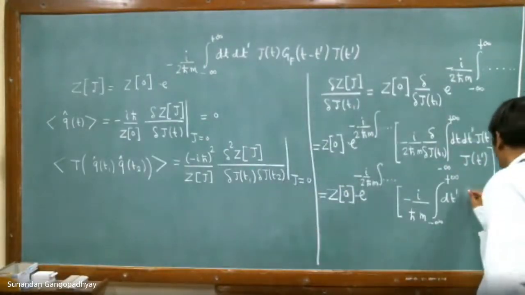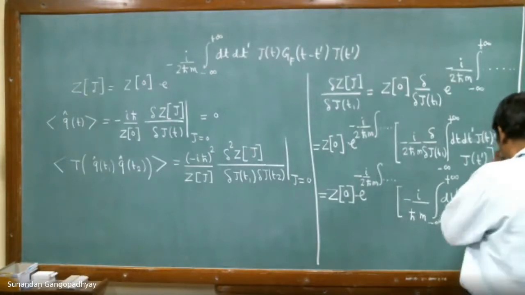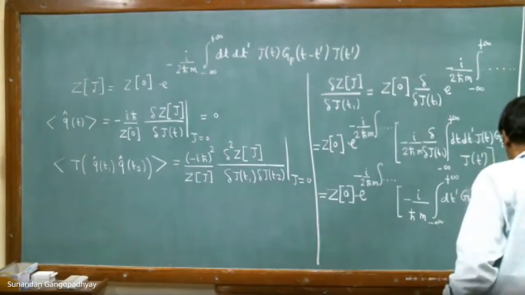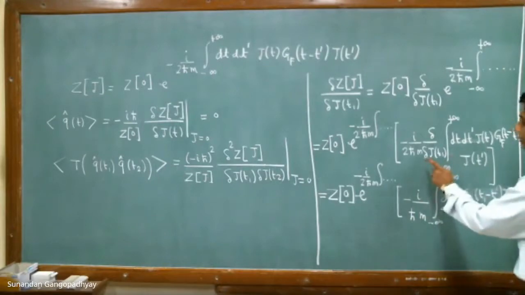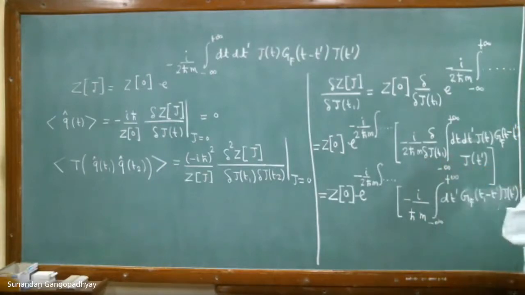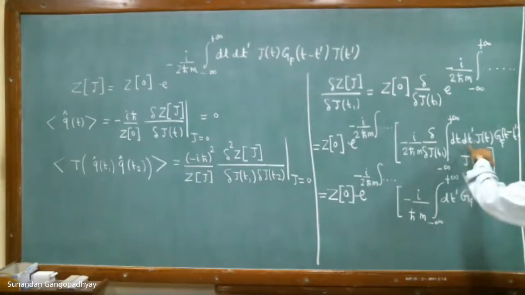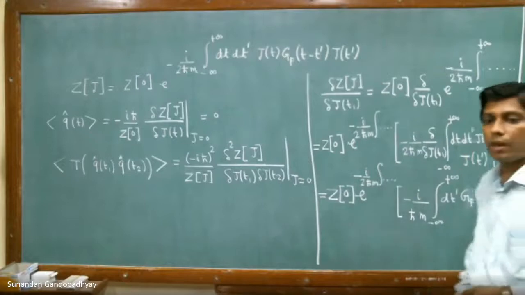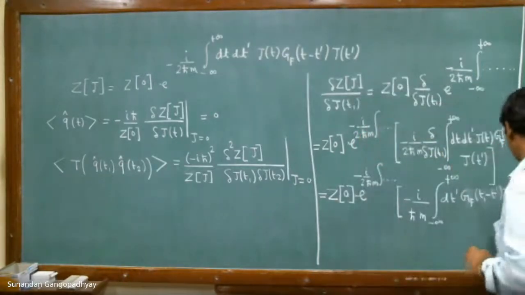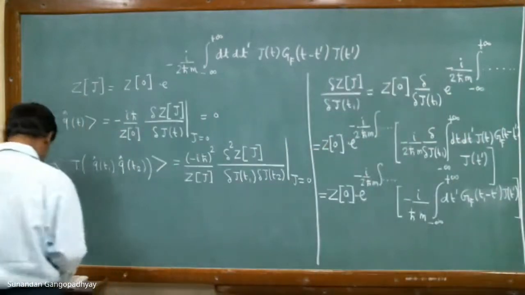So this will give us G_F(t1 minus t prime) J(t prime). And similarly, you can easily check that when this acts on this term, this will give us a delta(t prime minus t1). So then you can perform this t prime integral and the t integral will remain. But t and t prime are basically dummy, therefore both the contributions will add up and give us a factor of 2. So this is what we have at the end.